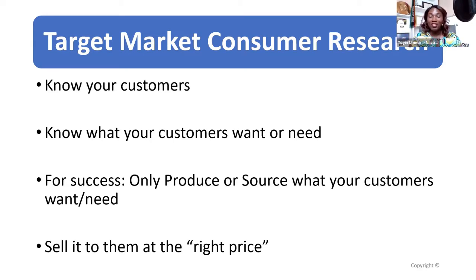For success, the easiest thing to do is to produce or source what people already need. Sometimes people say, oh, I want to sell Gary. I'm like, okay, you realize that only a certain type of people, and we'll cover more of that again in today's masterclass workshop. Yes, you can sell it, but you're going to do more work in marketing because you're trying to sell something people have never experienced before. So you have to market it in a way that they will buy from you.